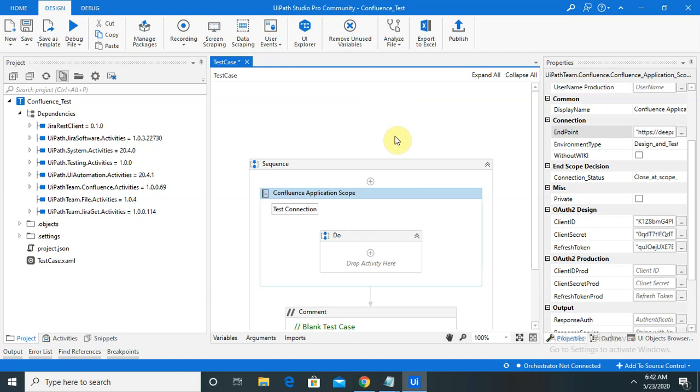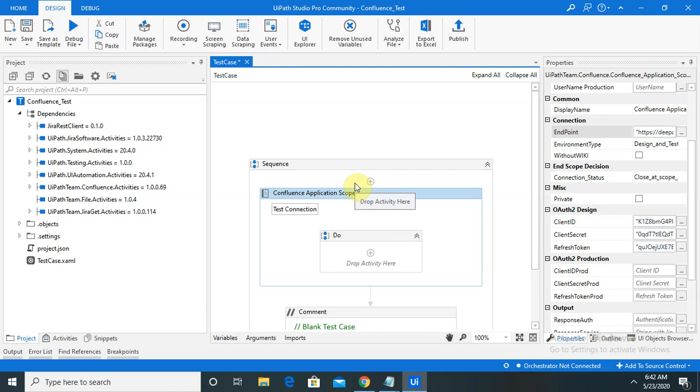So in this session, I will explain how to integrate the Confluence application in UiPath. As we have already seen, UiPath has introduced several additional features in the latest UiPath Studio Pro.